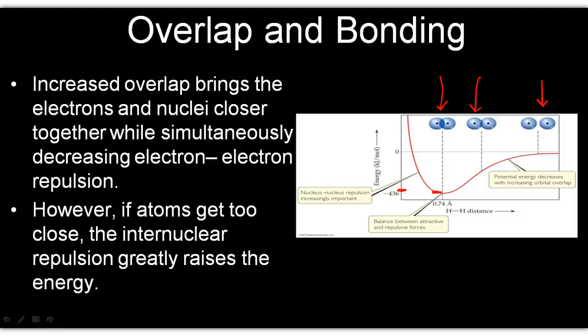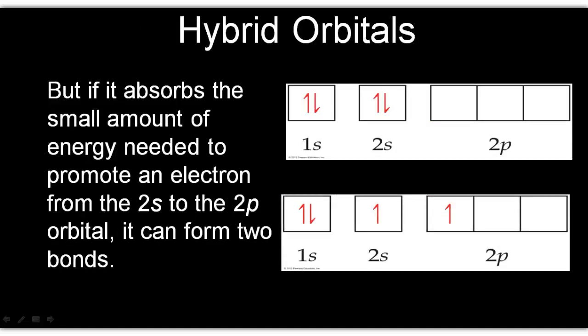And again, the reason why it goes up here is, if I get further and further away from each other, to infinity for these two atoms, you end up with no attraction, either positive or negative. Okay? Moving back to beryllium, I guess, I don't know why this slide's over here,